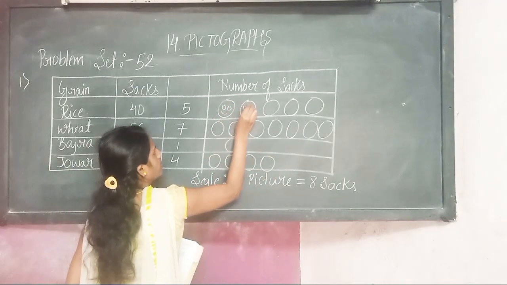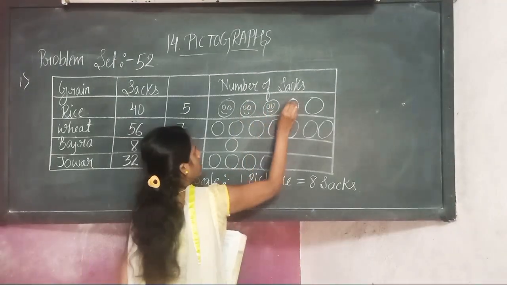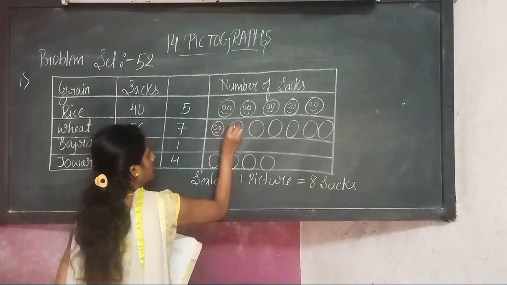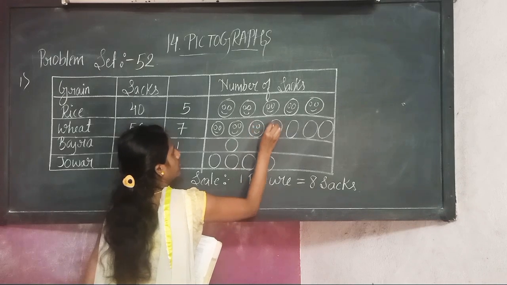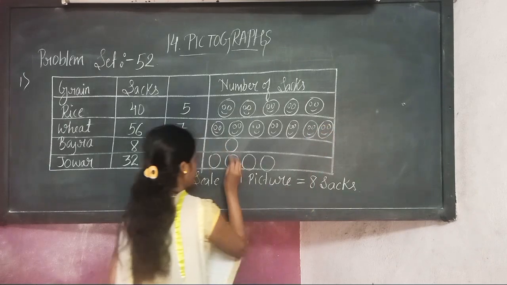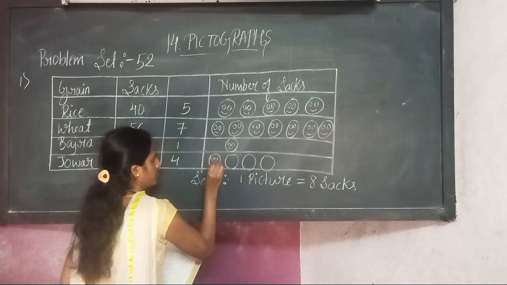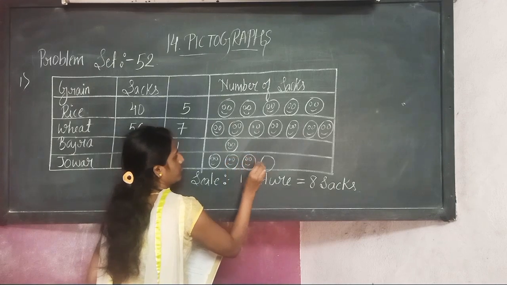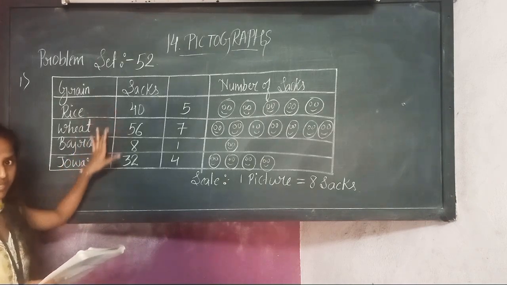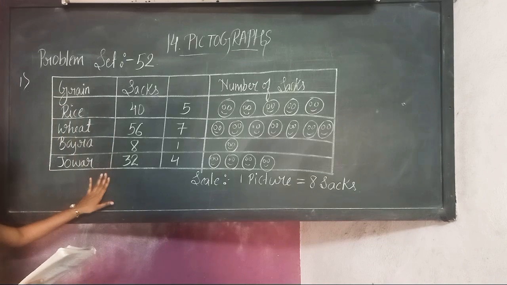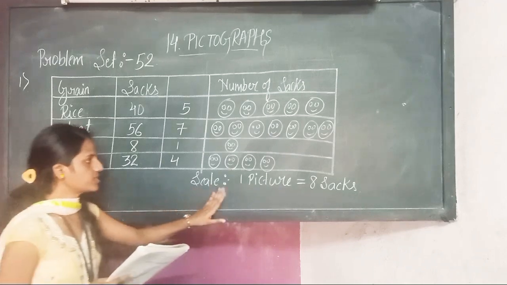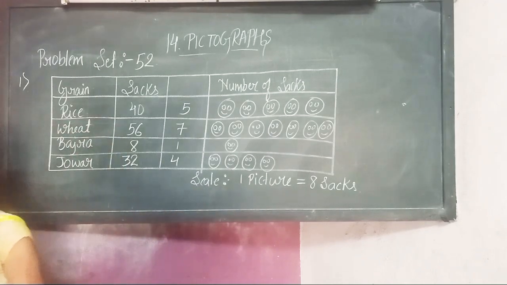You can give the shape of a smiley to this. You can use any picture, but in all the columns you have to use the same picture. Okay. Hope you understood this. The first step, you have to find out the common multiple, in which table it will go, and then after that you have to write this and draw the pictures according to this number. And the most important is the scale. You have to write this.